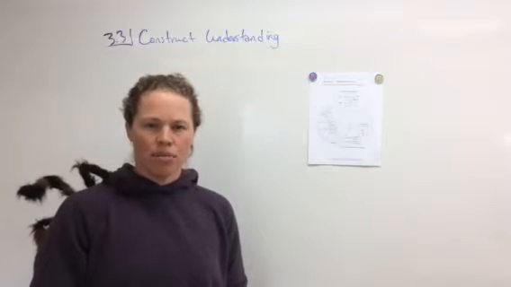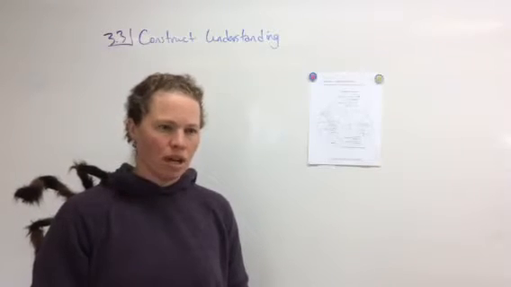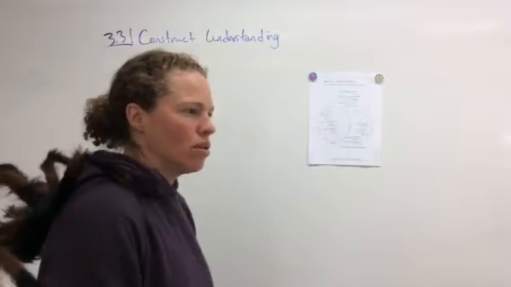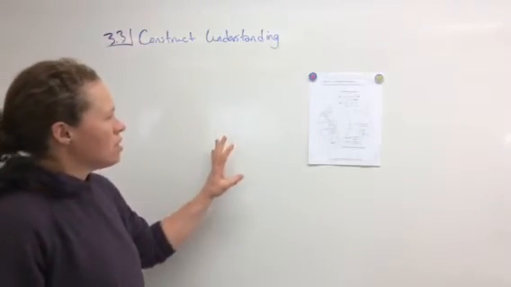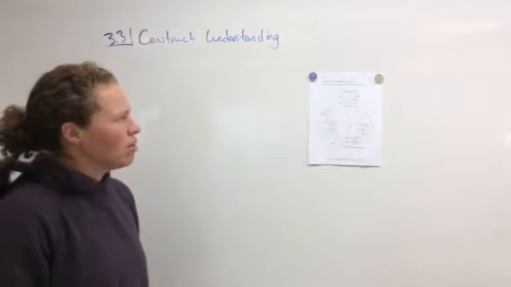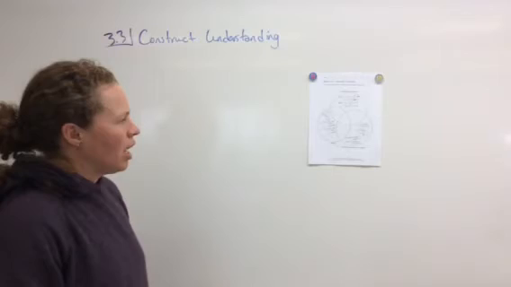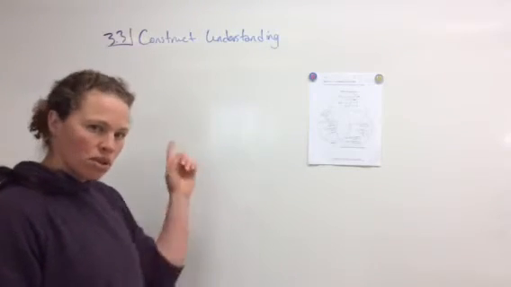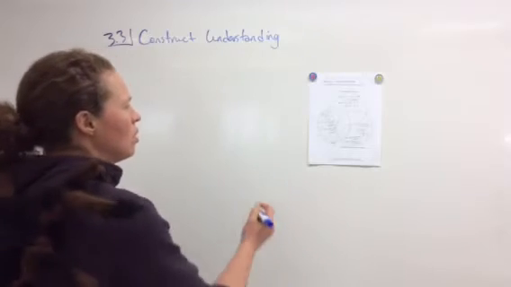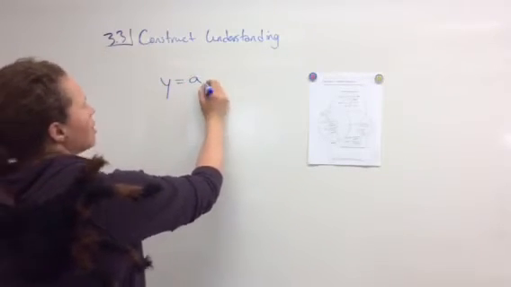So the basic concept in construct understanding is that y and x are a little bit different in how they respond to multiplication. What we're going to do is just add a little bit to our cheat sheet, and I just want to summarize what we looked at in those last two examples from the construct understanding. So if I have y equals a